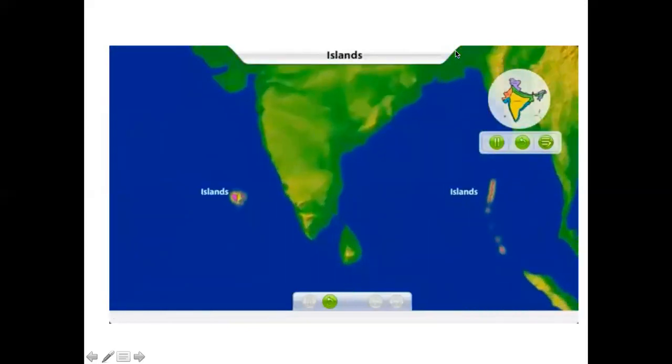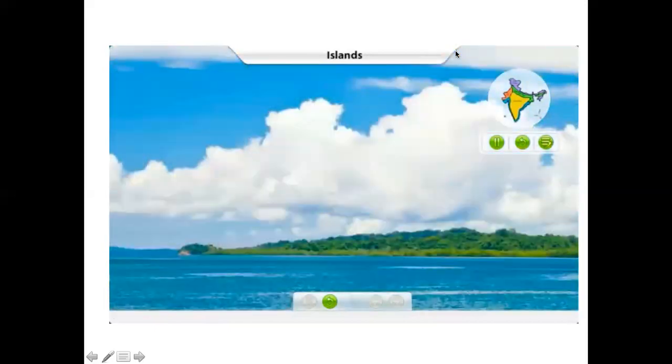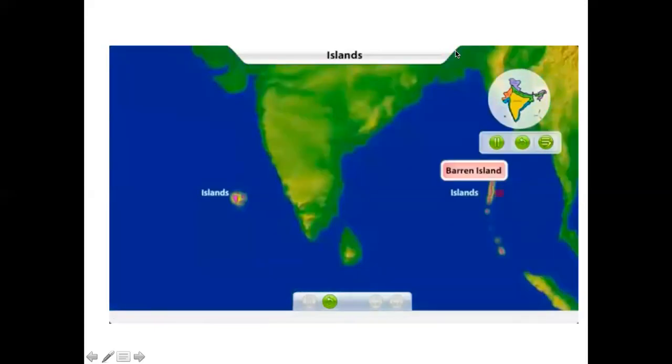India has two major groups of islands, Andaman and Nicobar and Lakshadweep. Andaman and Nicobar is a group of 300 islands. Lakshadweep has 27 smaller ones. The Barren Island in the Andaman and Nicobar area has an active volcano.